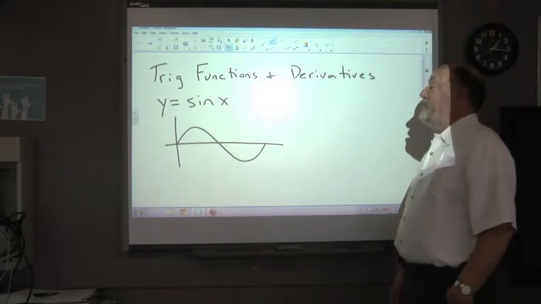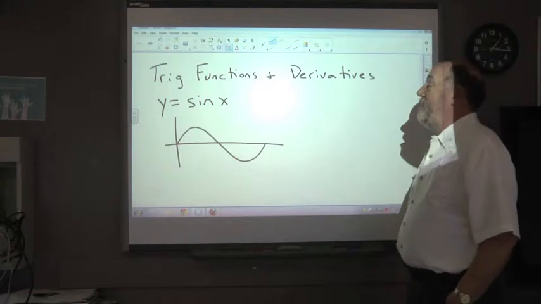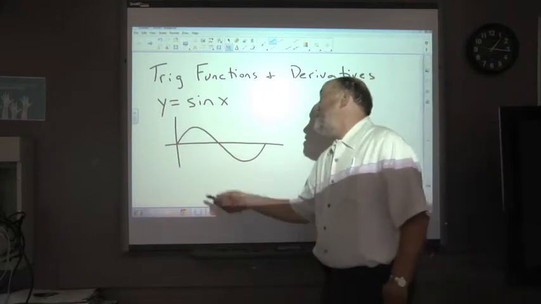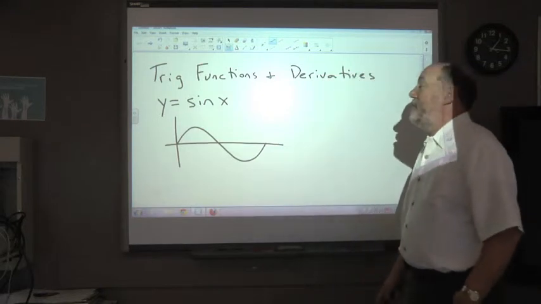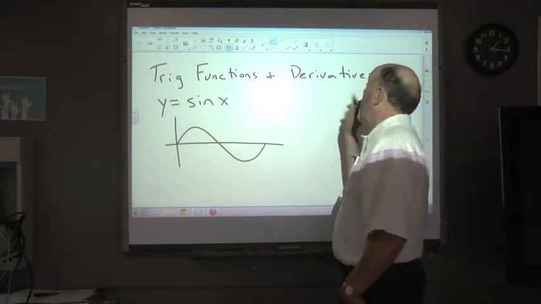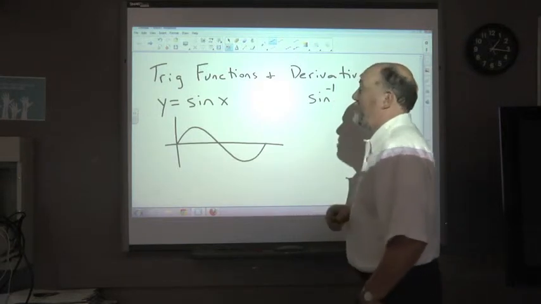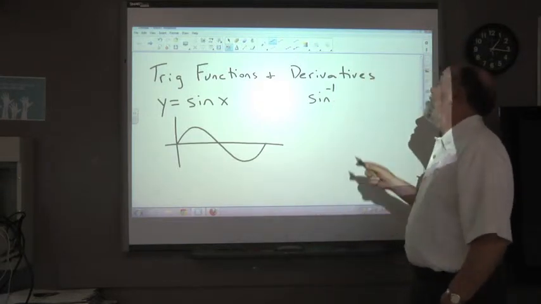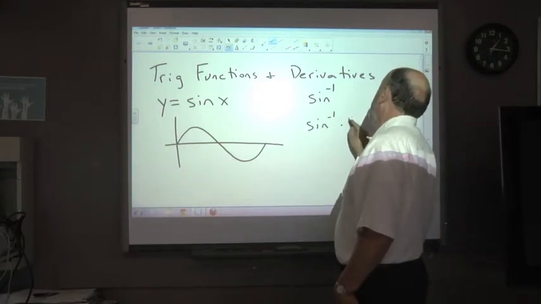And then we said in terms of sine, you could take the sine of any angle, and the results were numbers from -1 to positive 1. Okay? And so we had in terms of inverse sine, which is what you use when you wanted to find out the angle. Okay? So if I wanted the inverse sine of 0.5,